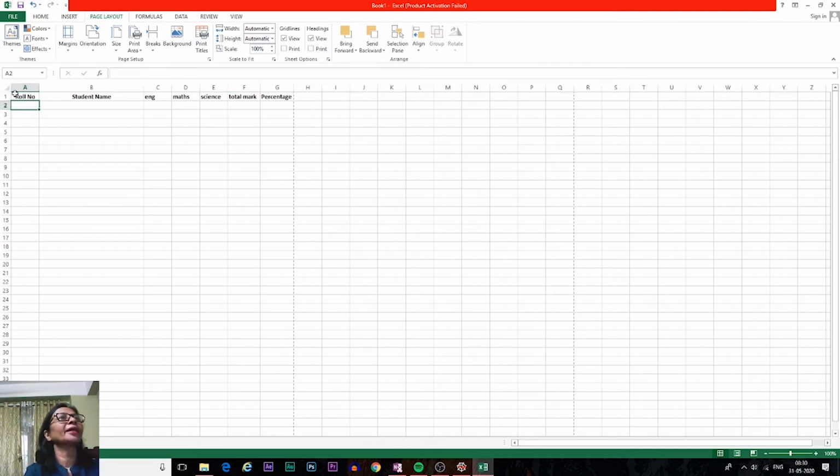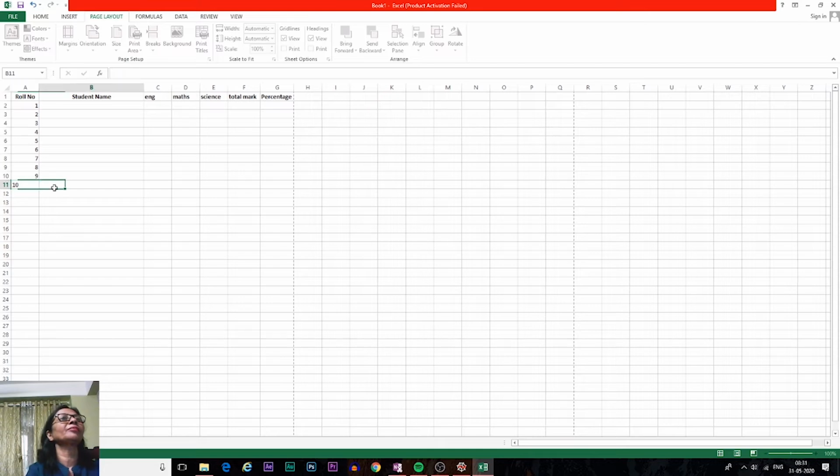So in the second row, in the first column, I am going to write the roll numbers 1, then 2, then 3, 4, 5, 6, 7, 8, 9, 10.